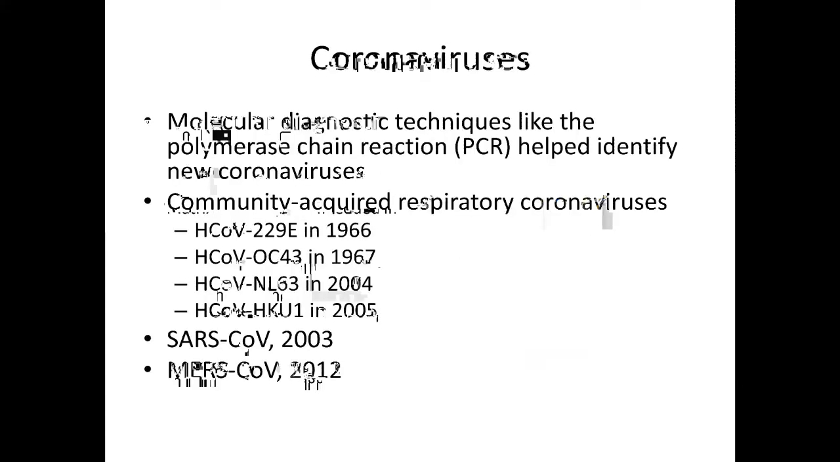Sensitive molecular techniques like PCR helped identify other coronaviruses. So you see the first two listed from 66 and 67, and then the SARS one in 2003, and then a couple other new human viruses were found. And if you look at multiplex panels nowadays of respiratory viral panels, you'll see these 4 coronaviruses that we routinely